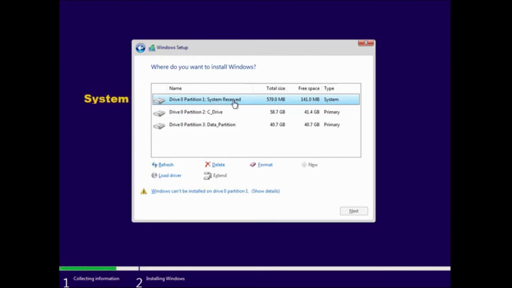This is my system reserved partition and this is my C drive and this is my data partition.